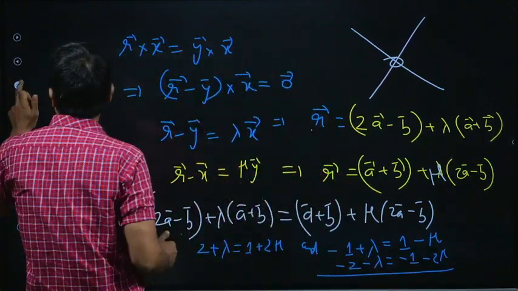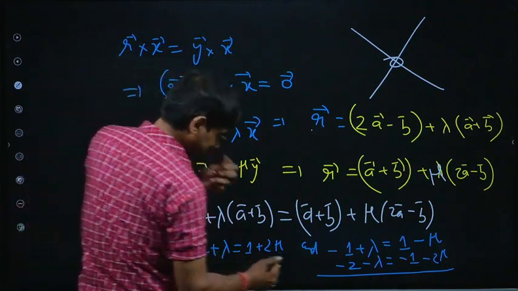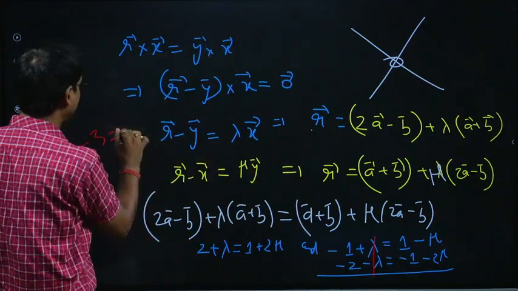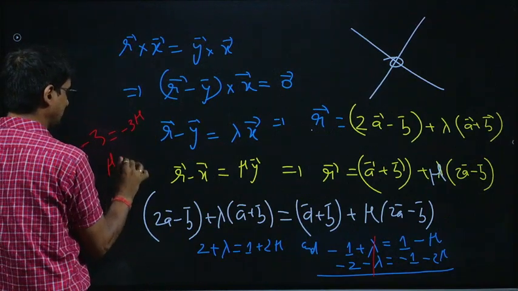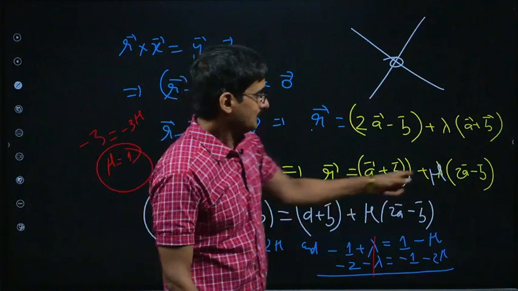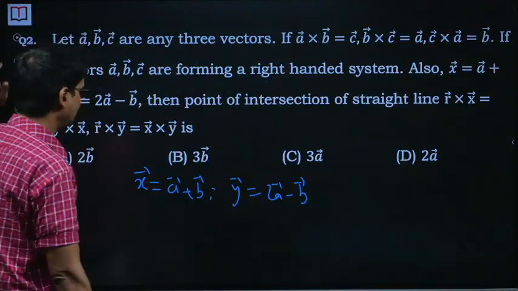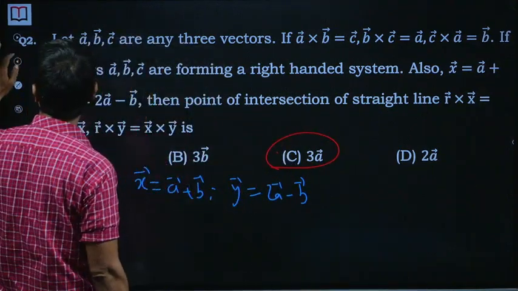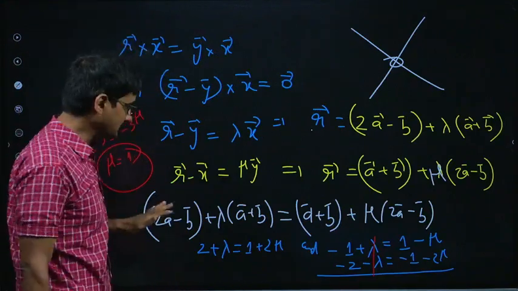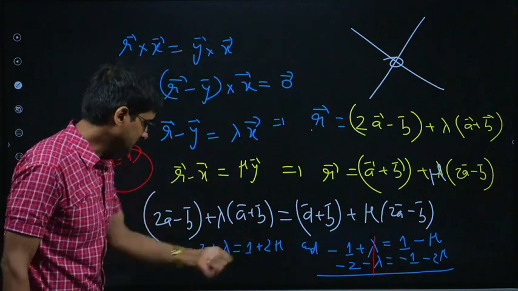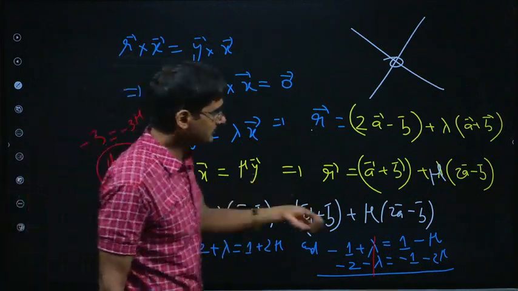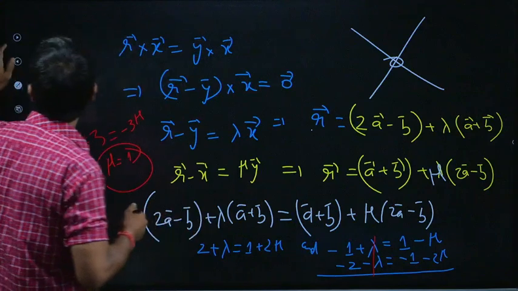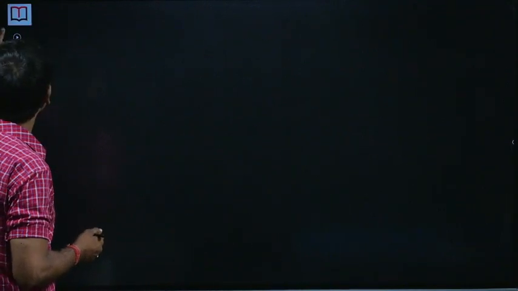So what do we get? This is gone. So it's minus 3 is equal to 0 minus 3 mu. Nice, so mu is 1. Put that value here, so it's 3a. So the point of intersection is nothing but 3 times vector a. As a verification, you may try to get lambda. Let's say mu is 1, so it's 3, so lambda is also 1 in that case. Put lambda here, you should get back the same thing. Of course, we get 3 times vector a, so that means everything is fine. So this is how we could solve this question.